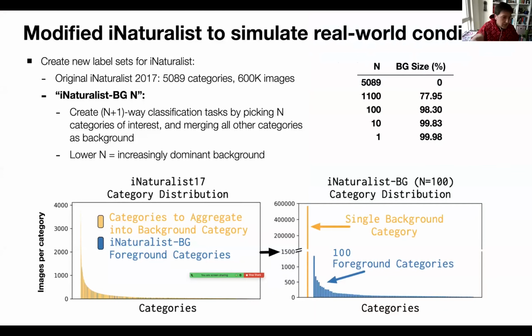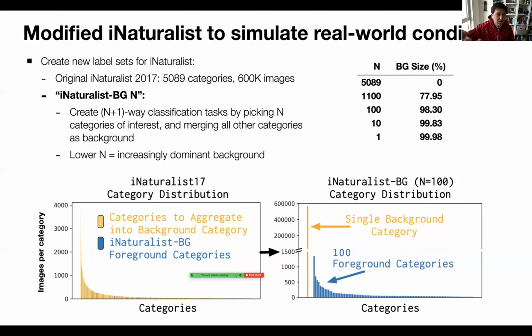Instead of the 5,000-way categorization task, we're trying to simulate something that's a little bit more like what we need to do most of the time, like n+1 way classification where n is 0 or 1. Most of the time we're looking for masks in our data set or something. So we're really interested in the small n case here. So we modified the label set, and the rest of this talk is going to talk about this modified iNaturalist,